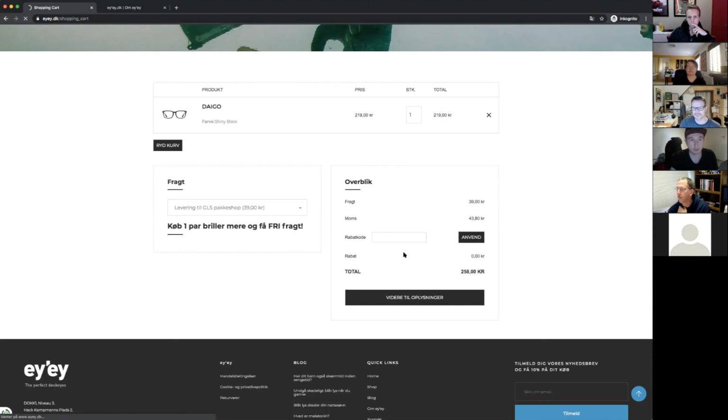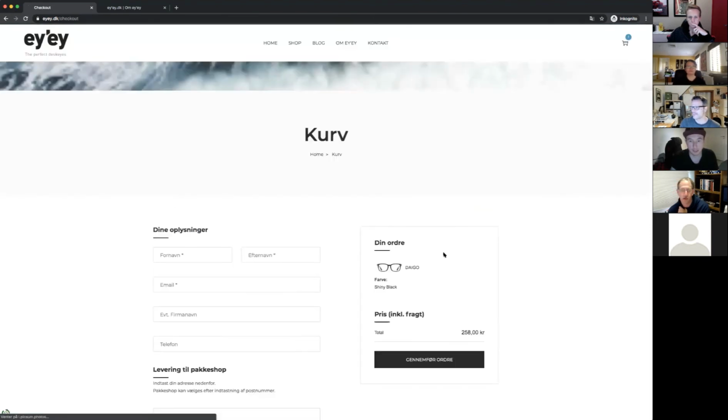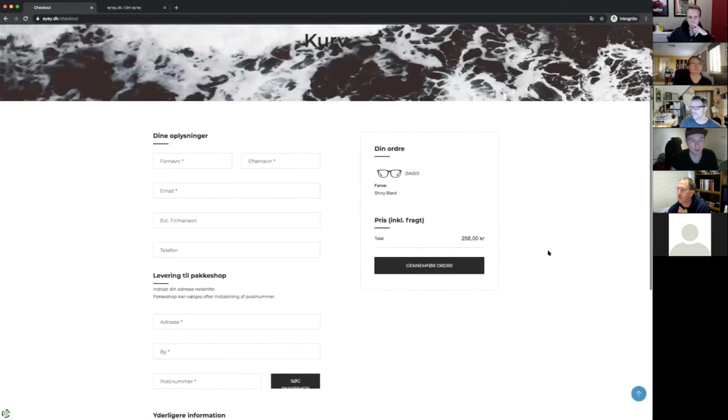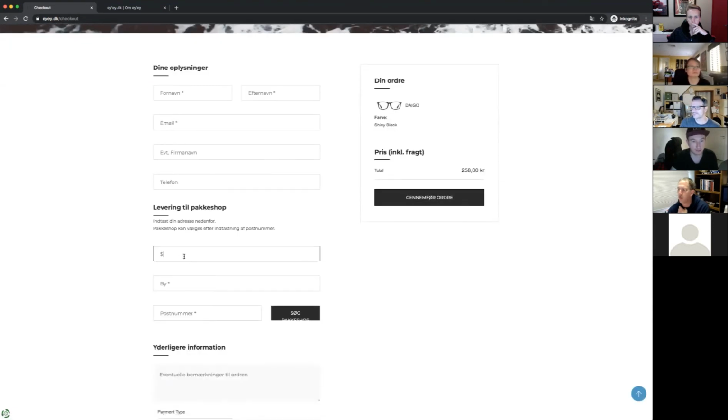It's an e-commerce system. So yeah, I'm just going to show you how this works. So I'm just going to put in an address, an actual address here in Denmark. This is actually where I grew up. So there we go. And then when the zip code is entered, it's going to load these drop-off points and